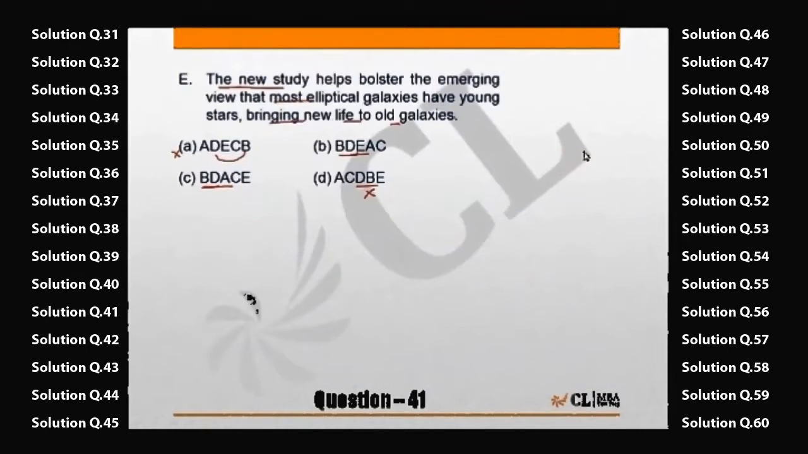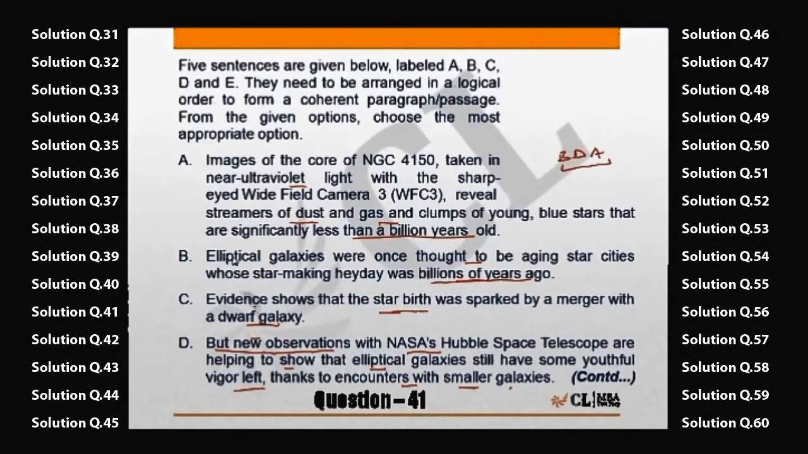Just to be sure, let us read the complete sequence together. BDACE. Elliptical galaxies, that is fine. Whose star-making heyday was a billion years ago, BD, helping show elliptical galaxies' youthful vigor. BDA, images reveal clumps of young blue stars. Yes, young blue stars, thanks to encounters with some smaller galaxies, this also fits in here. Then next comes